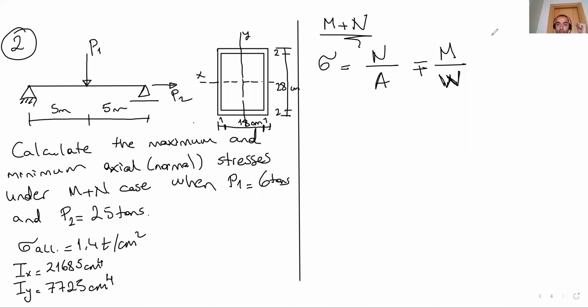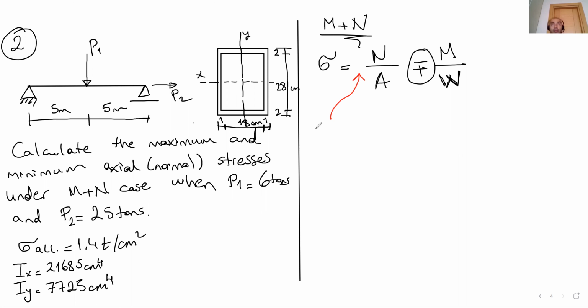Okay, we know the moment part is like this. Why? Because in moment, one side will be in compression, one side will be in tension. That's why we use plus and minus here. But for this part, is it positive or negative? We have to decide it. It's completely about